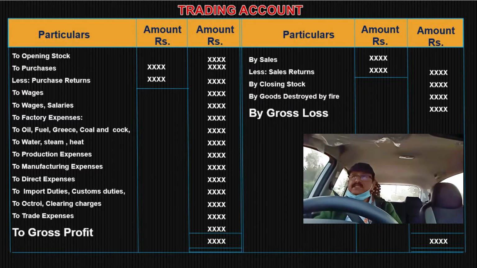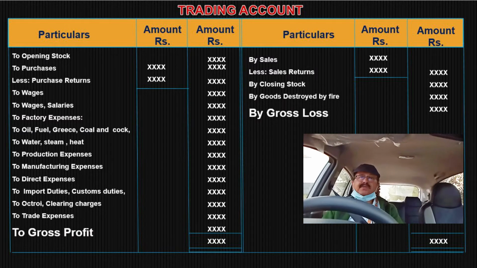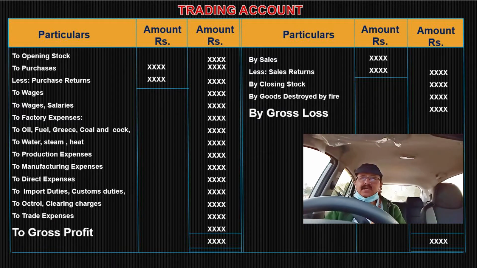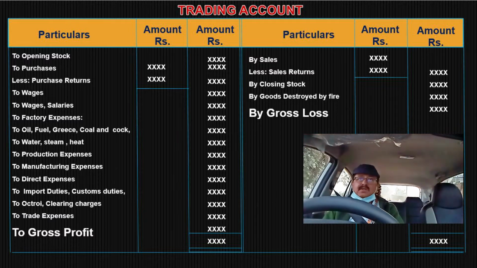Then immediately next step, on the credit side you are going to show sales. Sales means it is an income. When there are sales, you should observe if there is any written invoice. Written invoice means sales returns. If the sales returns are there, we should minus them from the sales. If the returns are not given, directly we have to show the sales.